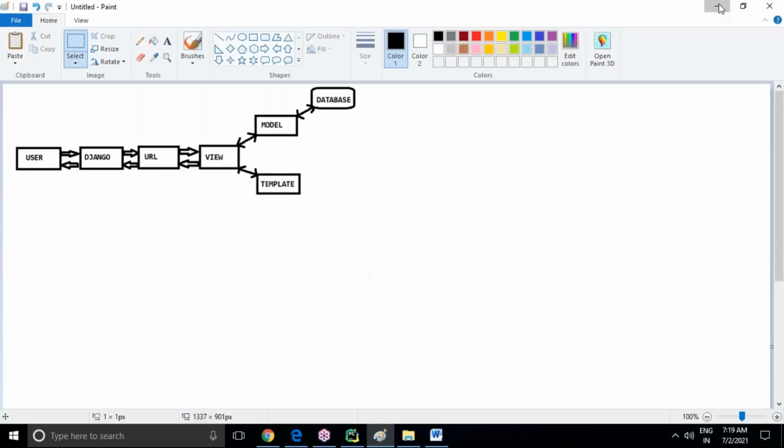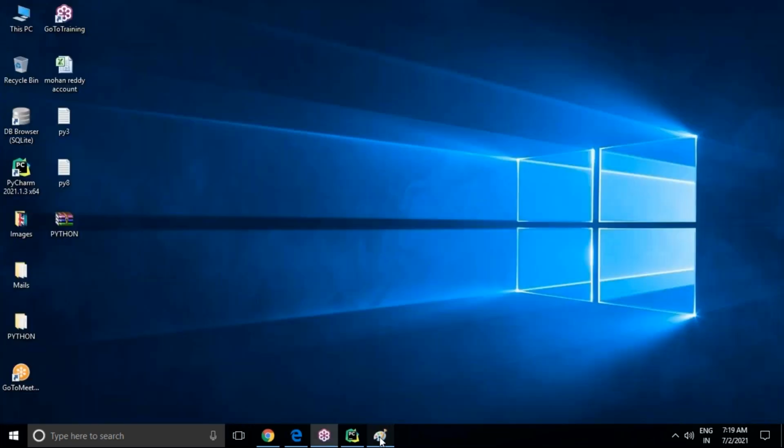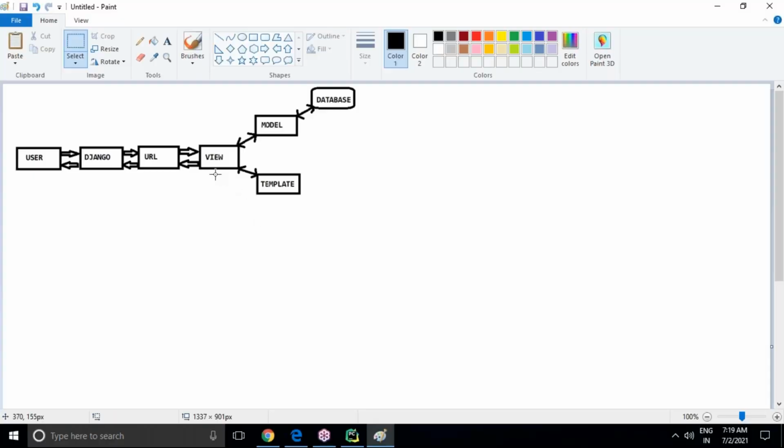Now if you observe this diagram, this is the model view template option here. Let me explain this diagram; try to understand, then you'll understand the flow of execution. Generally, as I said, Django works on client-server based architecture. As a client, we send a request to the server. Who is the server here? The Django development server. The server should respond to the client request. The client request goes to the server, the server processes it, and after completion of the process, the server gives the response to the client.